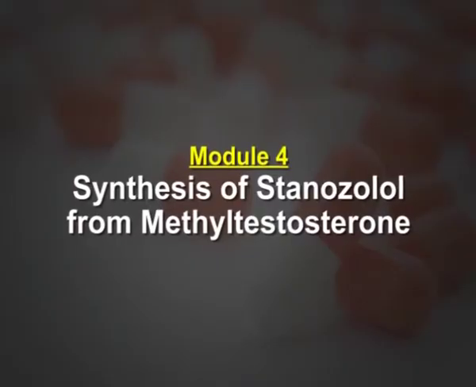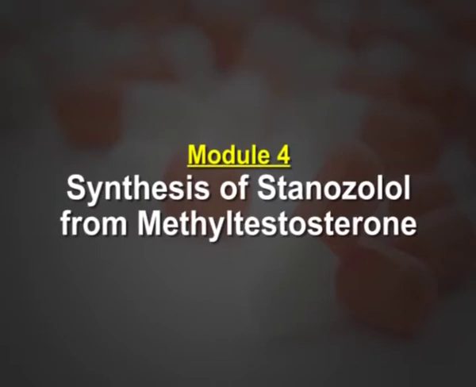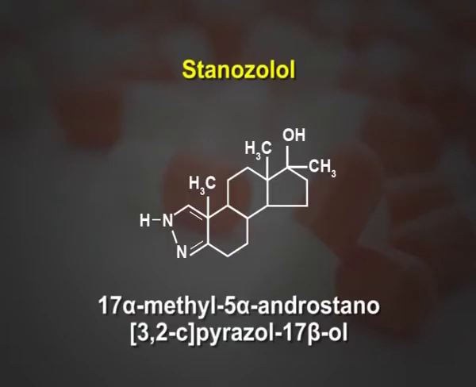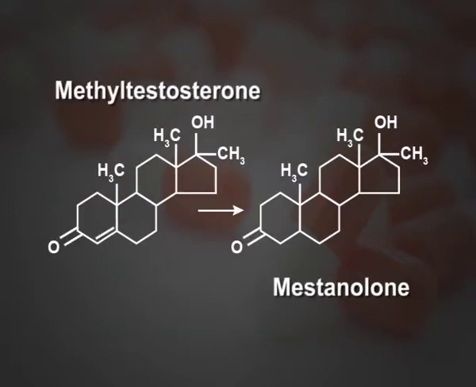Let's start with module 4, synthesis of stanozolol from methyl testosterone. Stanozolol chemically is a 17-alpha-methyl-5-alpha-androsteno[3,2-c]pyrazol-17-beta-ol. It is made by reducing the double bond at C4-C5 in methyl testosterone, which has independent interest as an anabolic